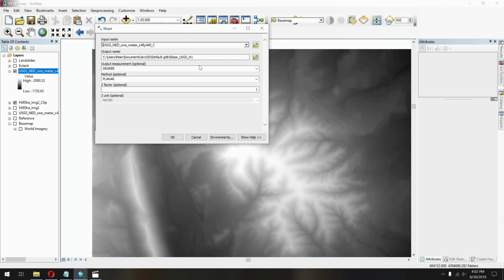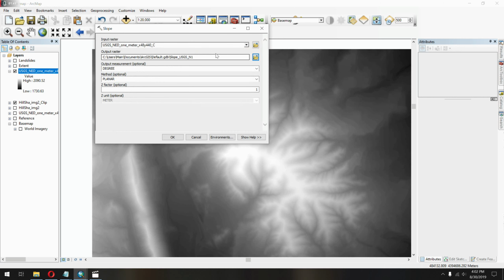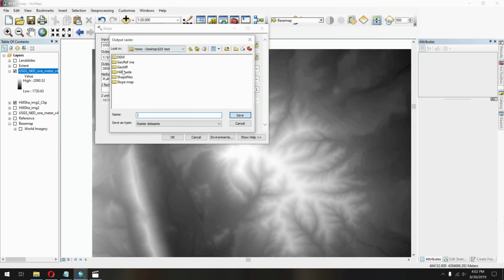Be careful about where you're putting your files, because by default it'll go into something called a geodatabase. Don't really worry about what that is. It is just basically one file that holds all your other files. When you create a shape file, it's not one file, it's actually 4 or 5. So this just helps organize it. But you'll need to find your stuff later. So if you want it to go into a specific folder, you just open this up and,